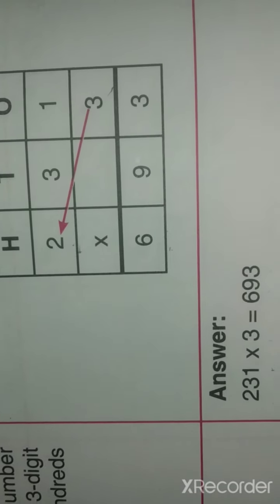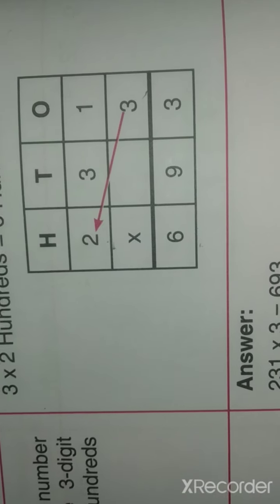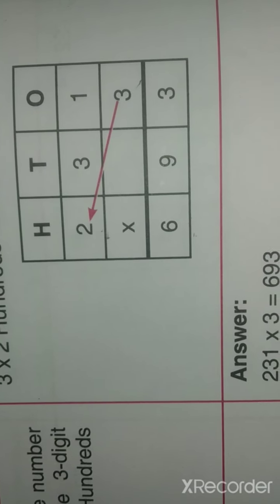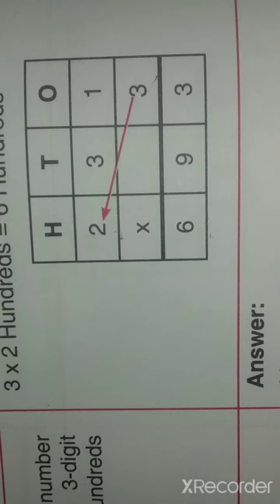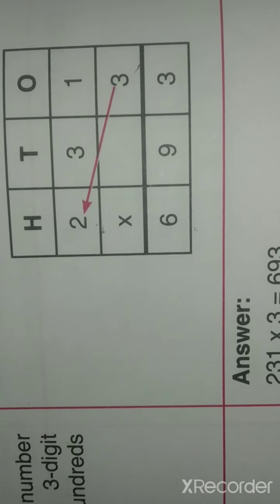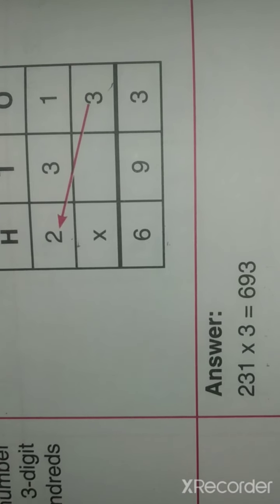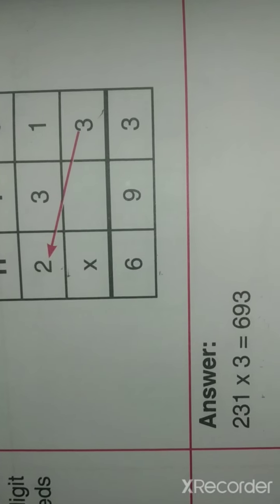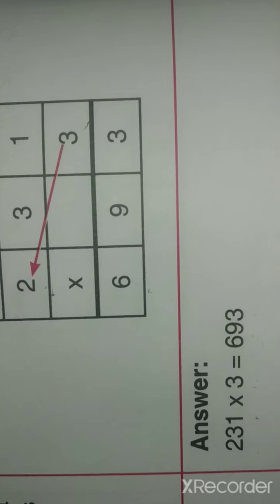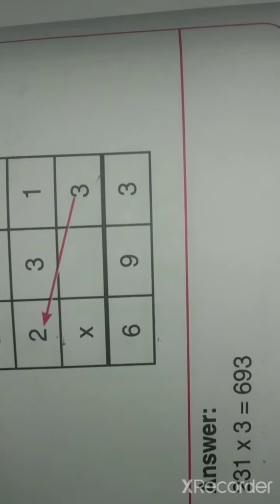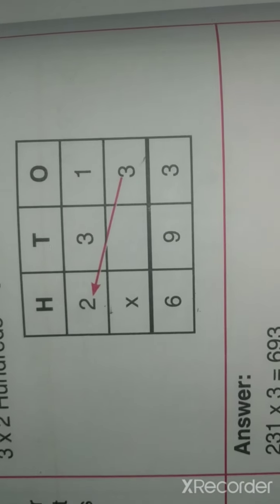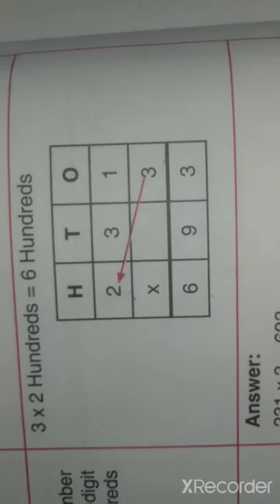So got it everyone, how to do the sums? Now those steps we have to follow in worksheet number 7. We'll start worksheet number 7. Here are some sums, so we have to do them, and we'll understand how to do 3-digit number multiplication by a 1-digit number. So let's start worksheet number 7. Okay.